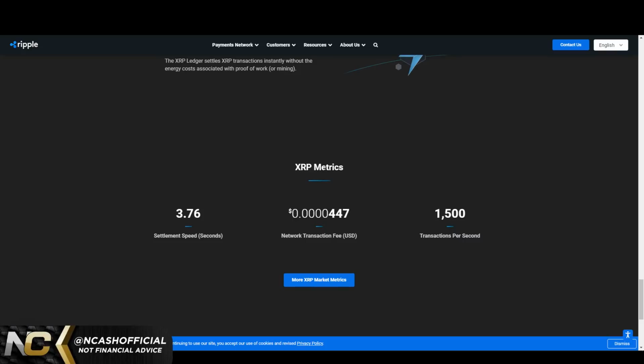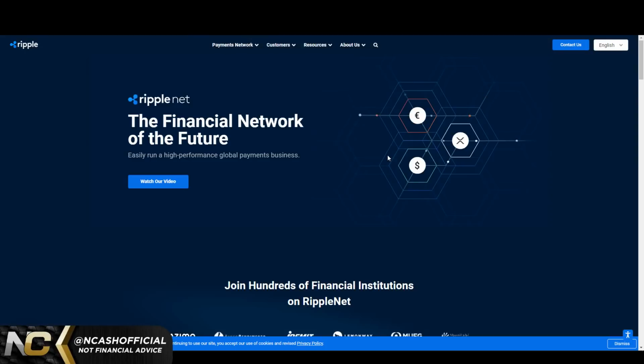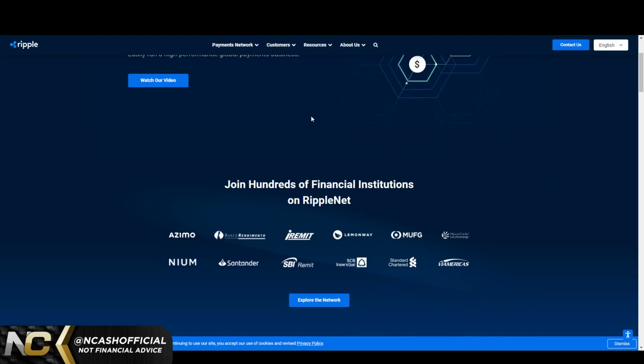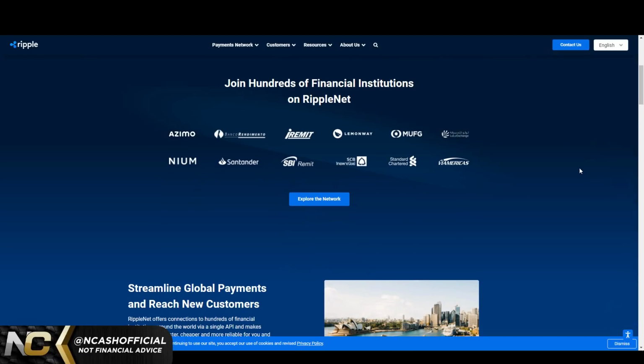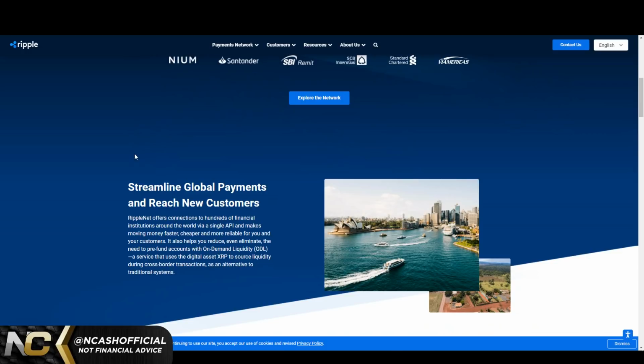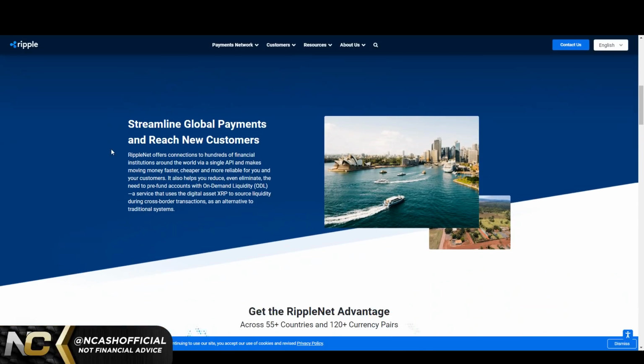So the next part is the global payments network, which is RippleNet. We're going to talk about this a little bit. We're going to go into a deep dive, but nothing too deep on it. So join hundreds of financial institutions on RippleNet. We've got a lot of banks here, a lot of financial services. Again, it's all financial institutions. Like I said in my last video with HBAR, I love when you have named institutions, but these are massive financial institutions that are already adopting this project. So streamline,